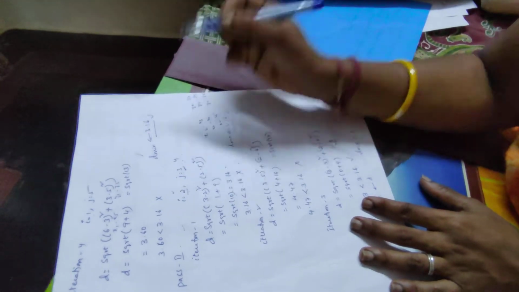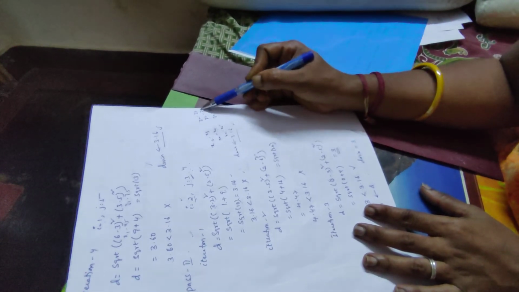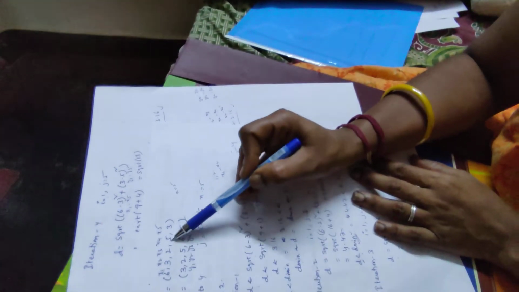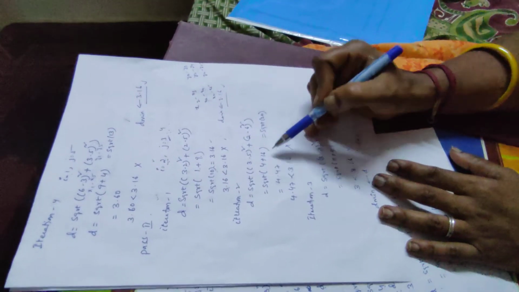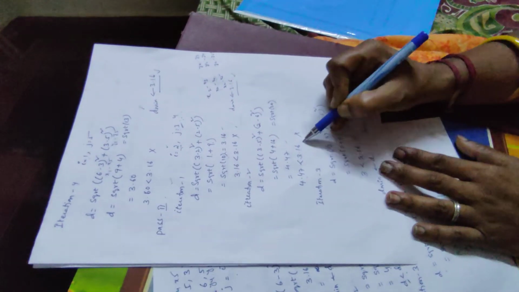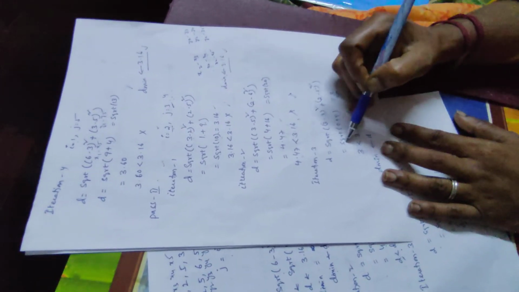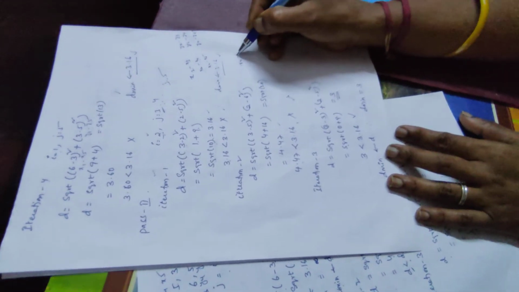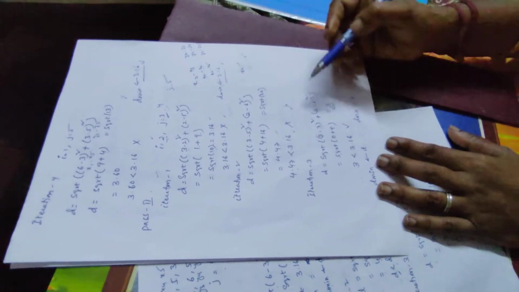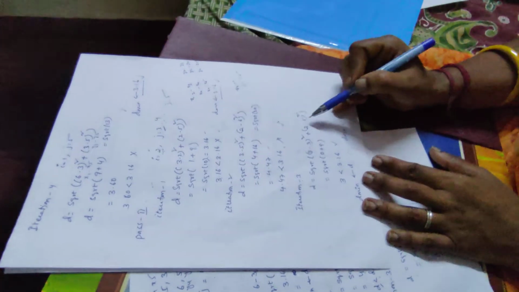It will take j value as 4. So it will take these coordinates: x2 minus x4, y2 minus y4. I can substitute the x2, x4 values and y2, y4 values. So simply it is 3 minus 5 square plus 2 minus 6 square, that is 4 plus 16, square root of 20. 4.47 is not less than 3.16. I cannot change, again my d min is the same. So in my next iteration, my j value gets incremented, it becomes 5. When j is 5, it will take x2 minus x5 and y2 minus y5. So it will take the values 3 minus 3, that is 0 square, and 2 minus 5, that is 9.